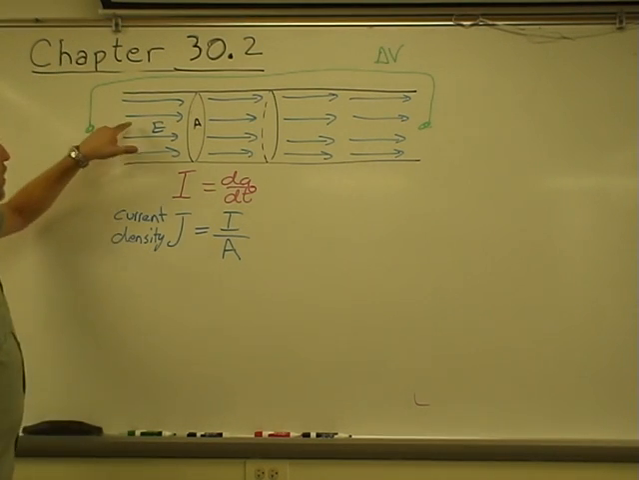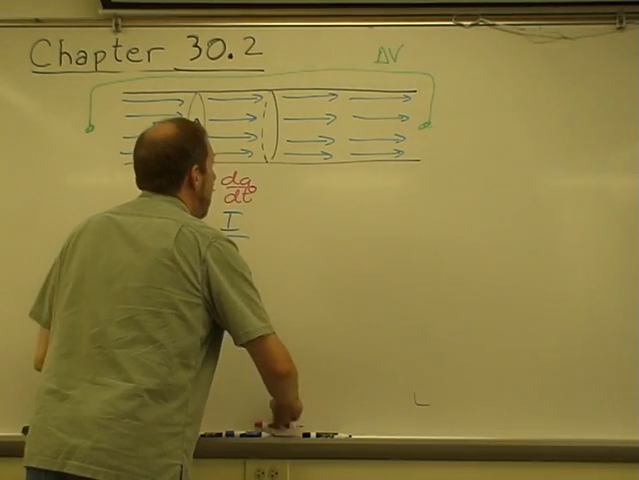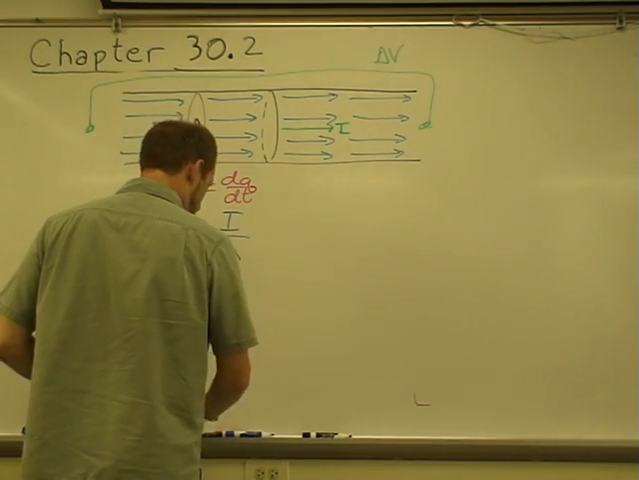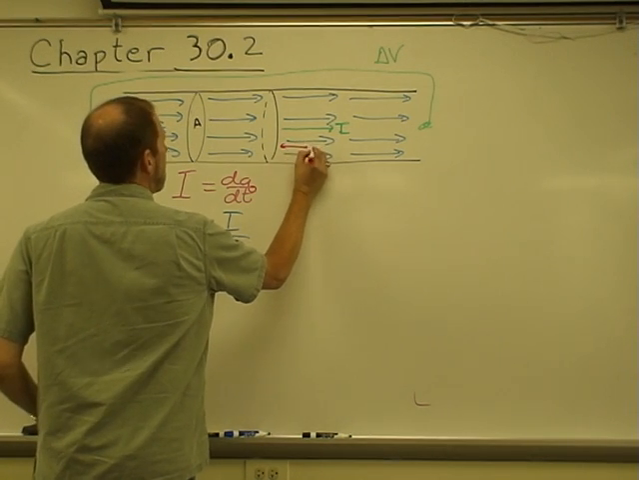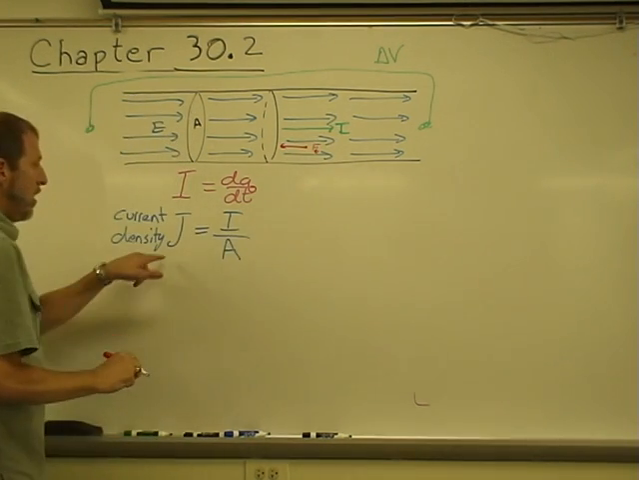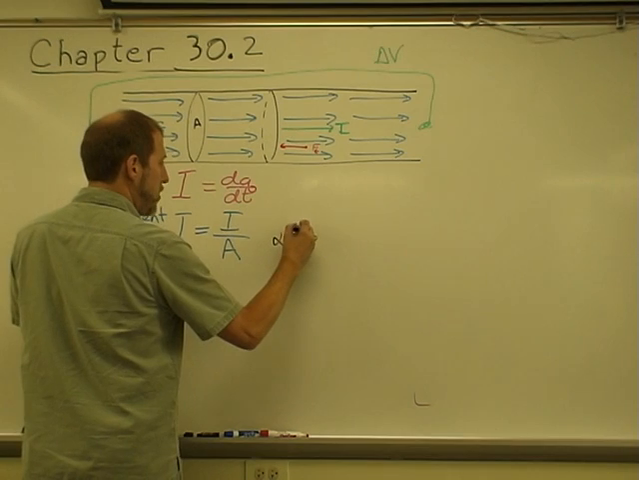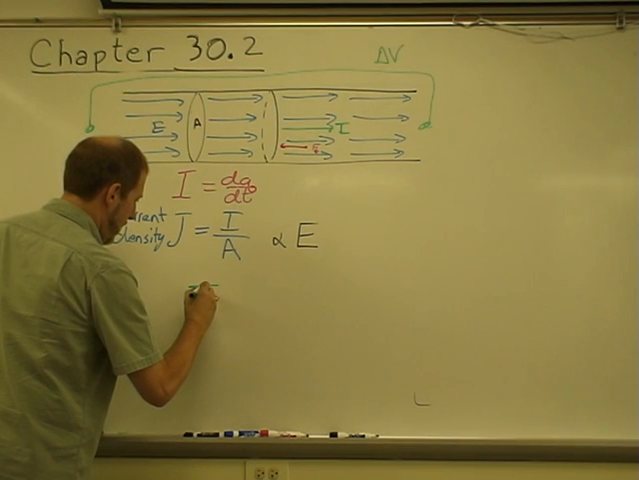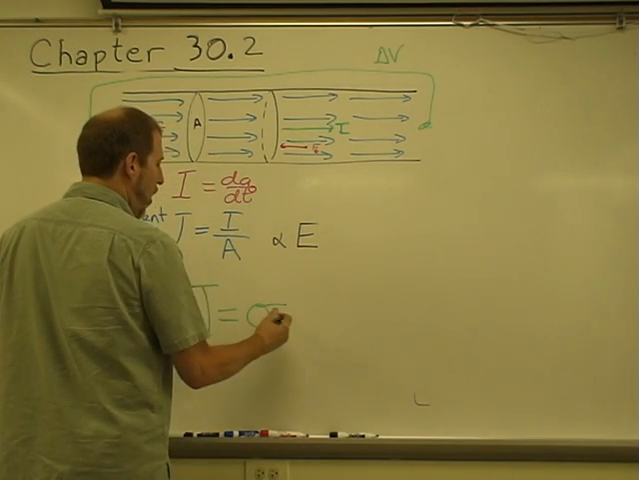Now, the stronger the electric field, the greater the force on an individual electron, and therefore the greater the current. So, this current density is proportional to the electric field. Well, I'm going to define that current density as being equal to some quantity, sigma,